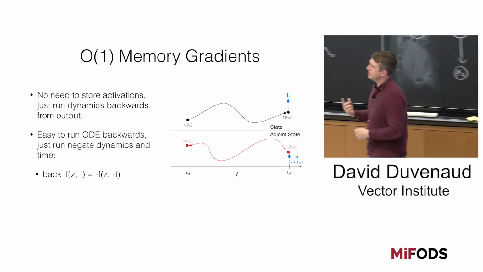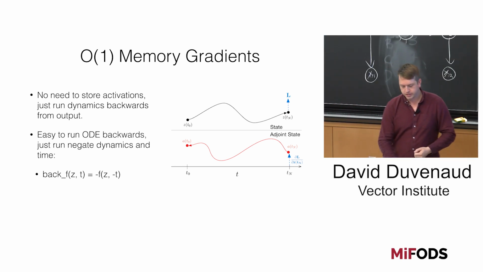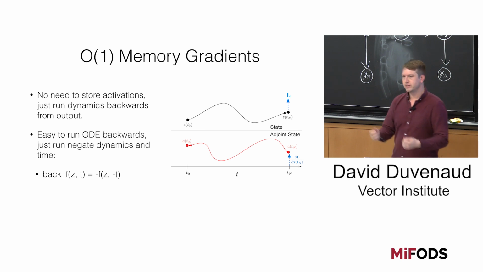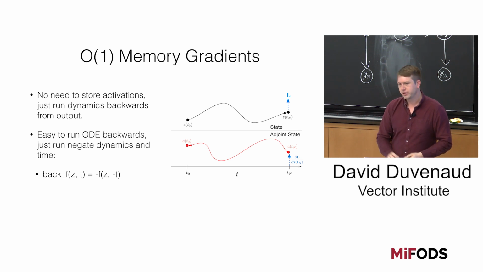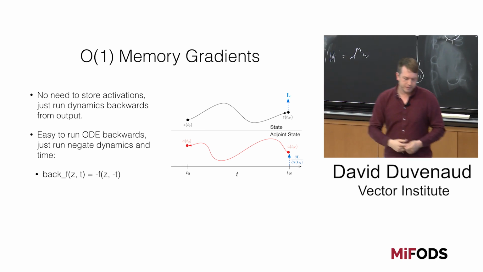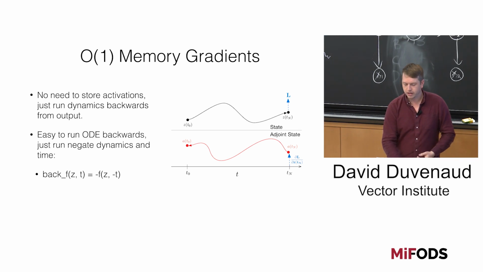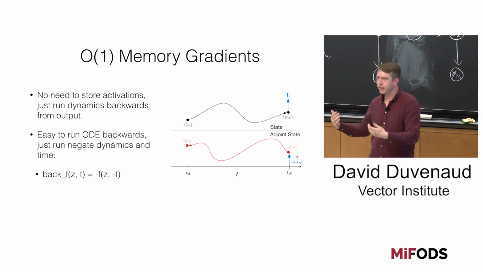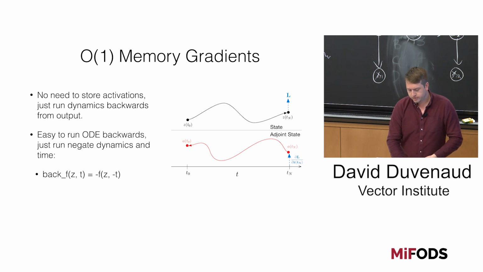One really cool thing about this is that, as I was mentioning, backprop through the solver is memory intensive. If you do this backwards solving trick, you get constant memory gradients, which is even better than training a neural network. One cool property that ODEs have that most neural networks don't have is that you can run their dynamics backwards. AutoDiff normally needs to store all the hidden activations. We can just run the dynamics backwards to recreate them on the fly as we need them. Of course, this does introduce extra numerical error, but at least there's an ODE solver that's trying to control that error. And it's so easy to write the backwards dynamics.